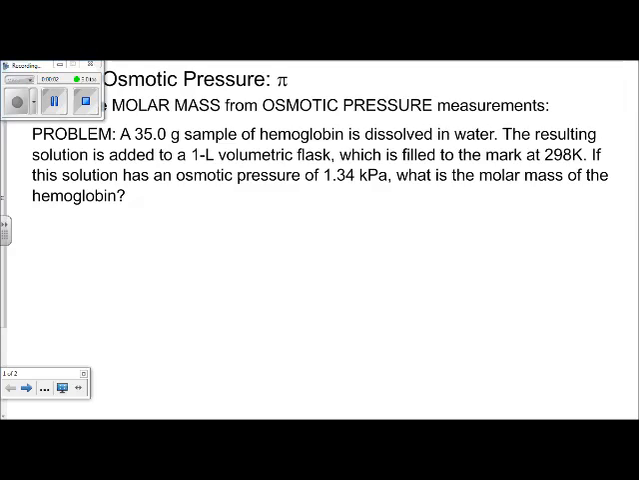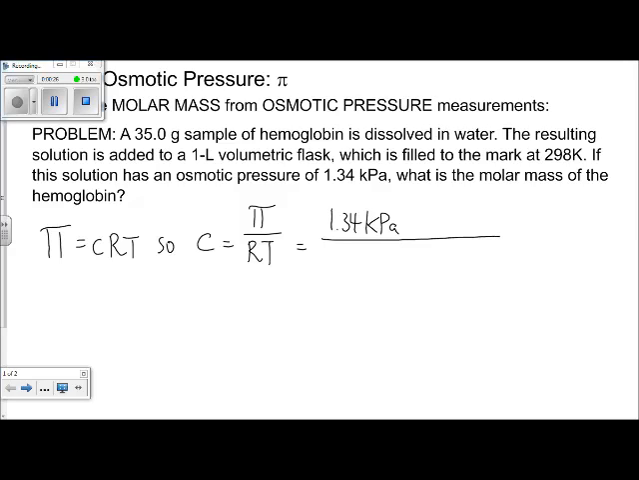In the first problem, we're going to determine the molar mass using an osmotic pressure measurement. This is common for large molecules. If we take the equation for osmotic pressure, we first want to isolate the expression for molarity, molar concentration. So we manipulate the equation and we calculate the moles per liter we have for this particular molecule of unknown